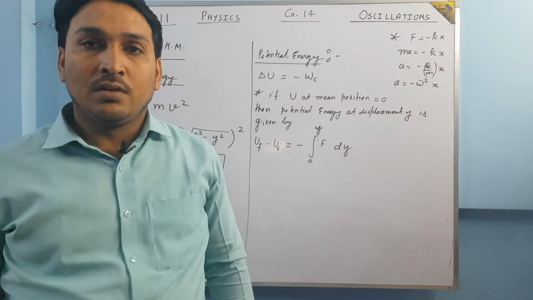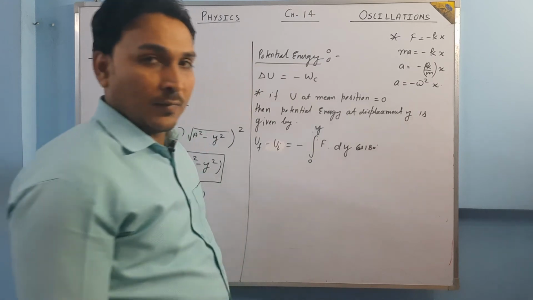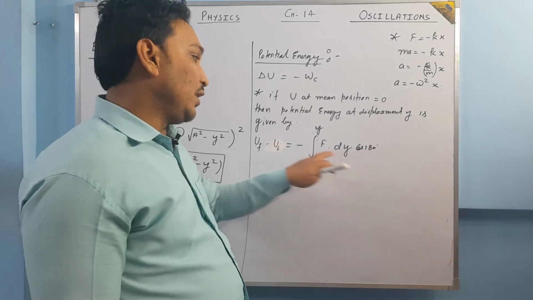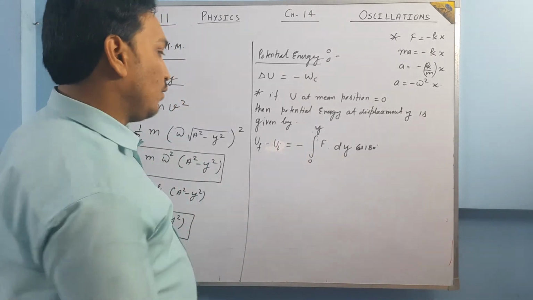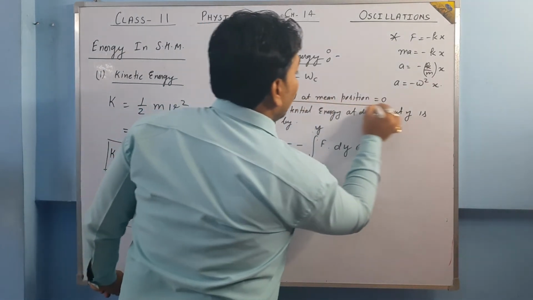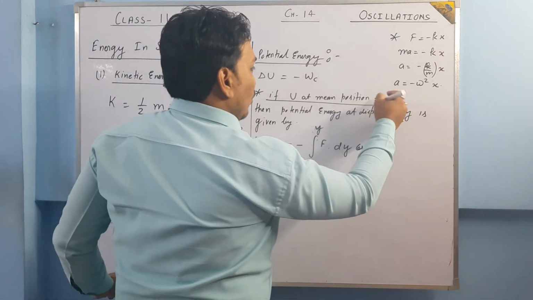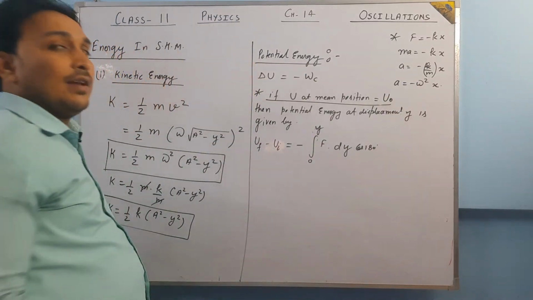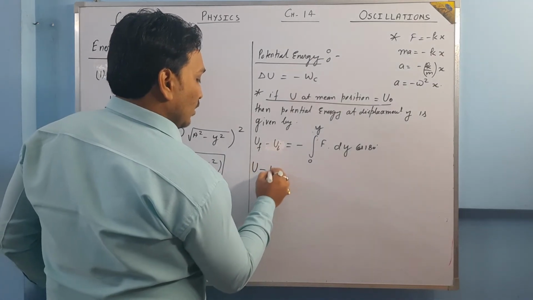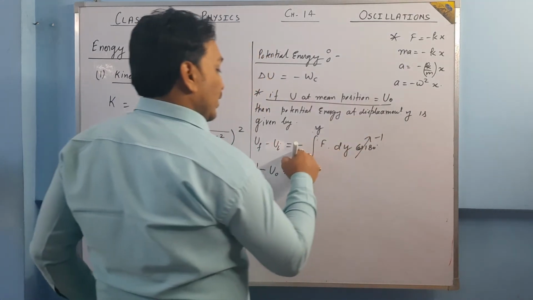But the direction of force and the direction of displacement are in opposite directions. So that's why a cos 180 comes in here, and the value of cos 180 is minus 1. So this minus and this minus will become plus. And one more thing, U at the mean position we have considered as 0. Let it be U naught; at the last we'll put it 0. So U initial is U naught and U final is U, so I'm going to have U minus U naught. Cos 180 is minus 1, minus minus becomes plus.